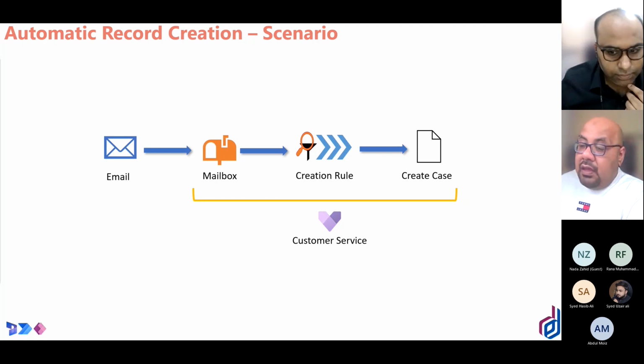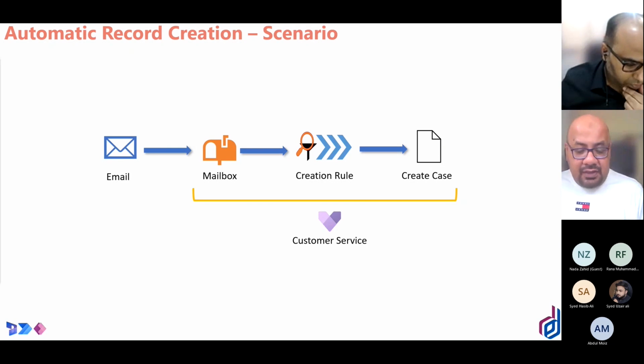The mailbox is configured on the queue, and from the queue level we define what the system should do if there is any incoming email. Based on the rules and criteria, we convert that particular email and create a case. So how it happens, if I can show you within the system how it looks like,